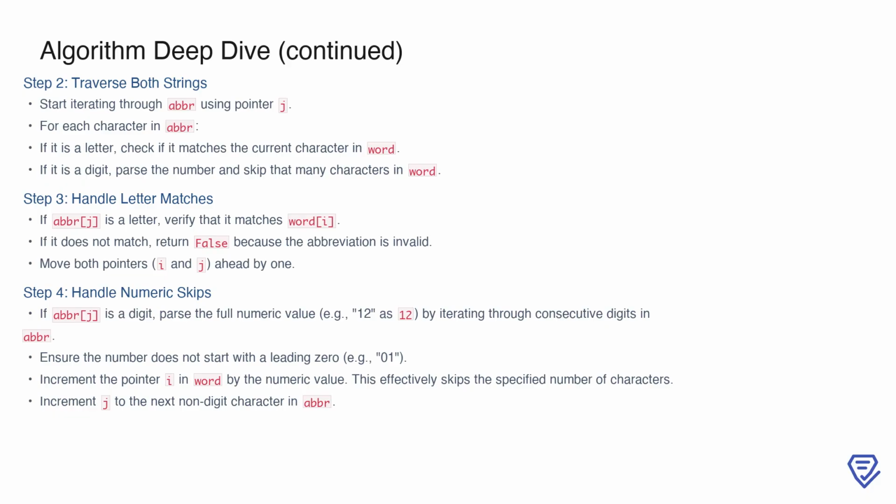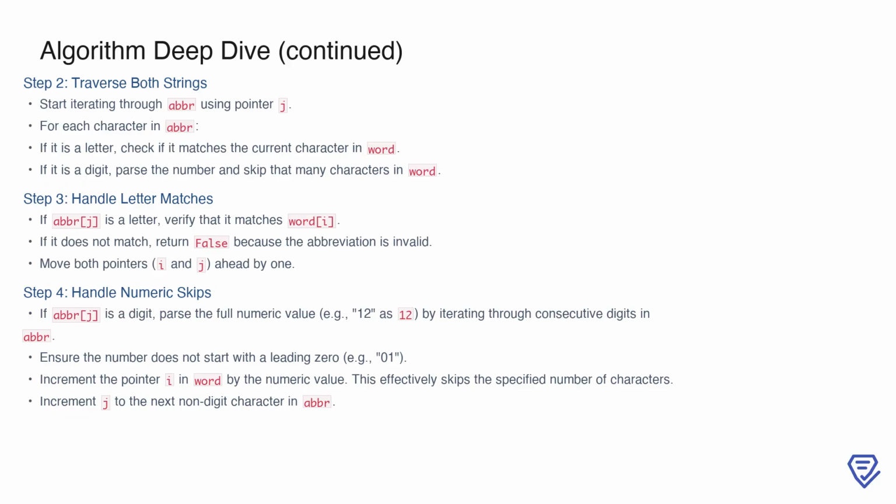On the other hand, if the character in the abbreviation is a digit, we need to interpret it as a number that tells us how many characters to skip in the word. This involves parsing the full numeric value, such as treating 12 as 12, not 1 and 2 separately. It's also important to check that this number does not start with a leading 0, as that would make the abbreviation invalid. Once we have the number, we increment the pointer i in the word by that value to skip the corresponding characters. Finally, we move pointer j forward to the next character in the abbreviation that isn't part of